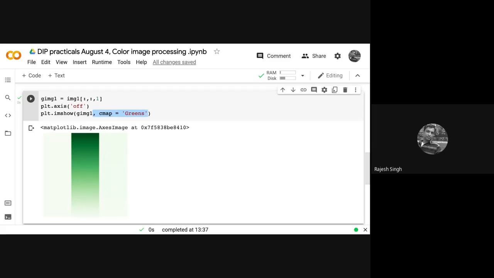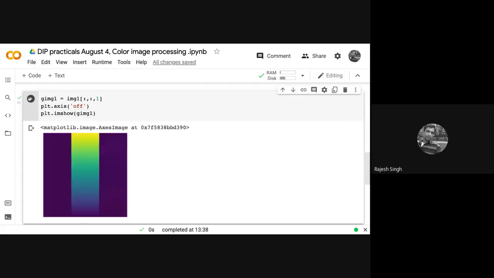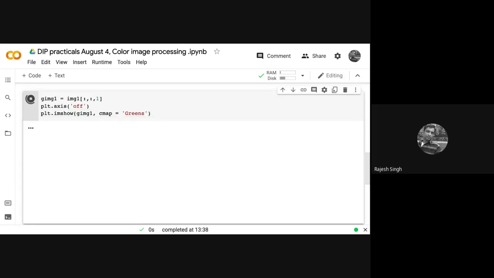I'm not 100% sure whether its default selection is random, but yes, your output will go haywire. So you can see that output is different. So if you want to do it properly, you have to put suitable color maps all the time. So we extracted green.